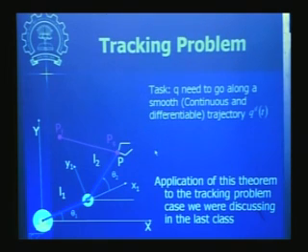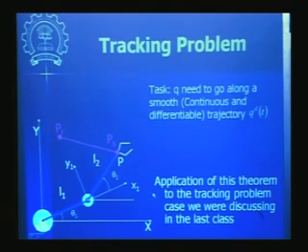This is in terms of time t, so it is a function of time. We need to make sure that at a given time all the joints are at their desired locations, then only is the end effector going to move along the desired trajectory. So that is what our tracking problem is.